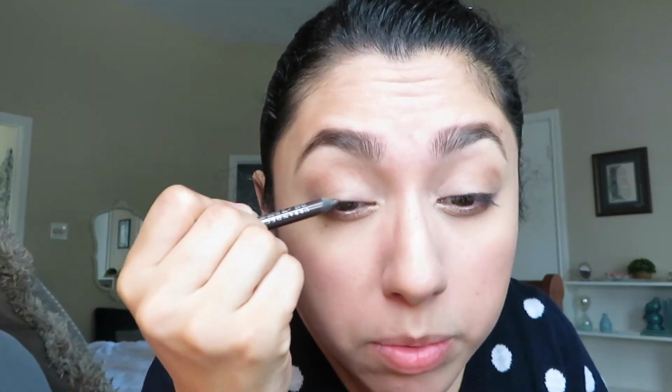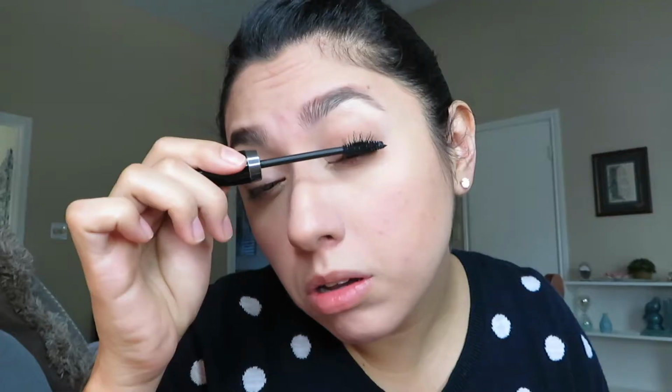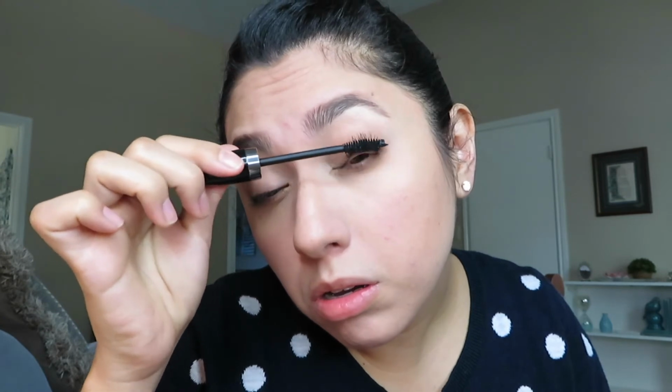I'm gonna use a little bit of Tempted under bottom lash line. And I'm gonna take the Urban Decay 24/7 Glide On Eye Pencil in Muse just to thicken the lash line a little bit. And I'm using Mary Kay Ultimate Mascara. My tarantula eyelashes. Okay, so I'm gonna go ahead and put some lip liner on, and I'm using Urban Decay